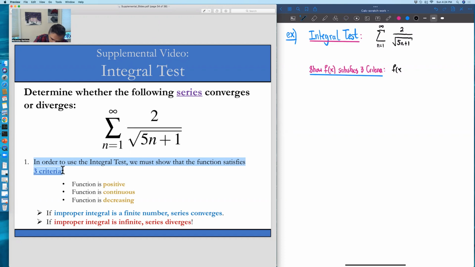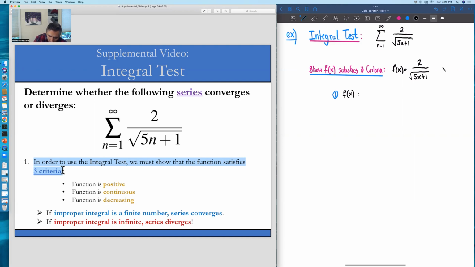this case is f of x is equal to 2 over the square root of 5x plus 1. Essentially changing all the n's from our series into x's, so we can think of it as a more continuous real variable, if you will. And now we need to show that it satisfies three things. The first thing is that f of x is positive. And in this case, we can really look at this function and ask ourselves if there's any x values that